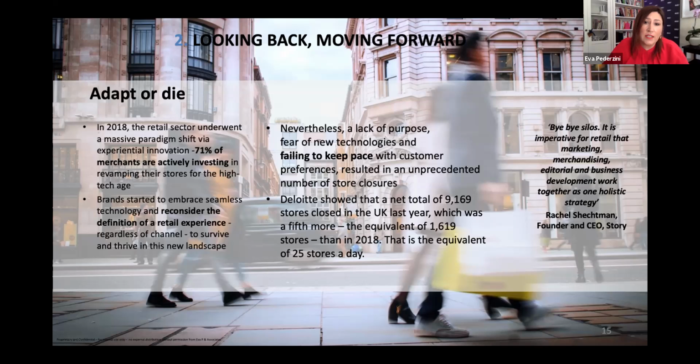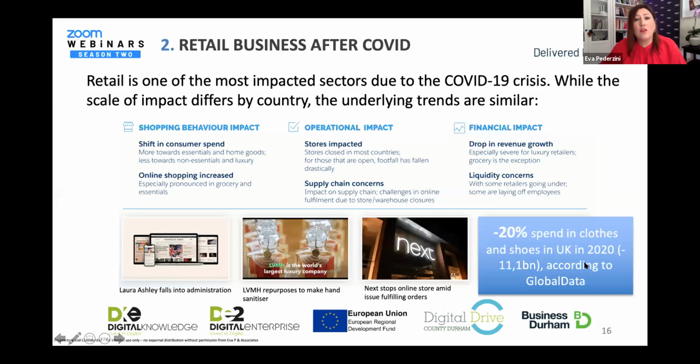Deloitte is showing that in 2019, we had a net total of more than 9,000 stores closed in the UK, which was a fifth more than 2018. This is the equivalent of 25 stores a day. So obviously something must still change. Even more so in the beginning of 2020, due to